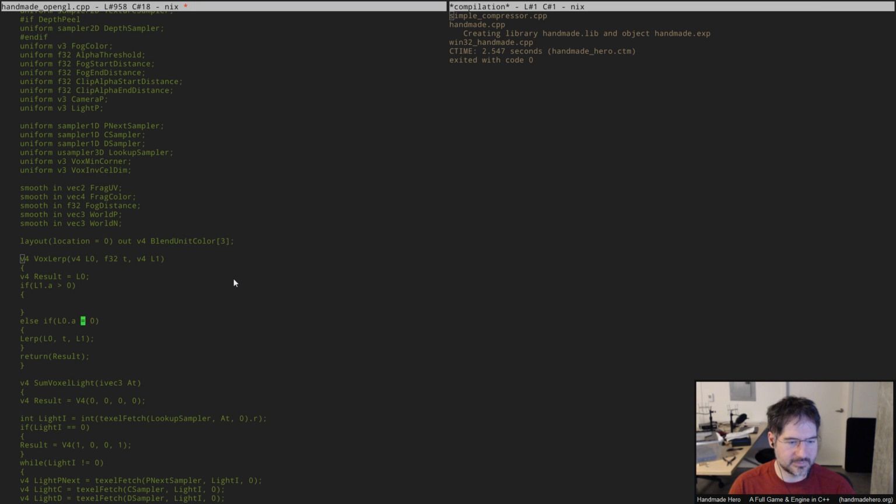Maybe something like this. So I guess say if L0's alpha value is 0, so there's no samples there, then we just want to use L1, right? We're not going to blend between them because we can't. There's no light there. Similarly, if L0's is